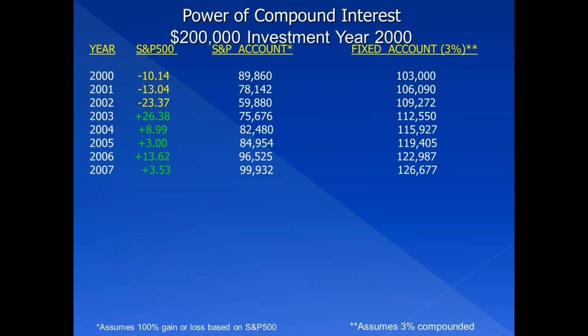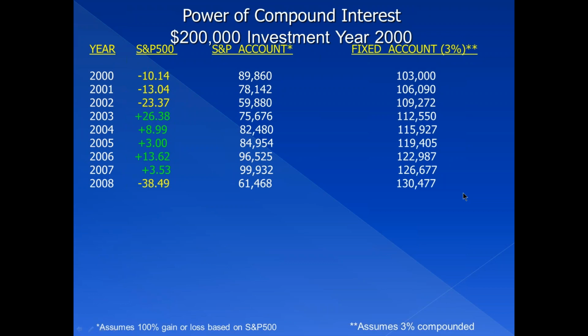5 in a row, 2003 to 2007. Look at that one year, '03, 26%, 2006, 13%. And guess what happened? It worked. You got almost all your money back. But here's a 7-year period where you didn't really make any gain, and over here your gain's $26,000. Then,